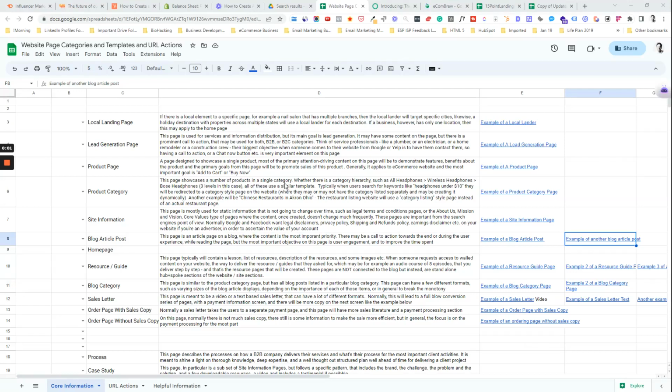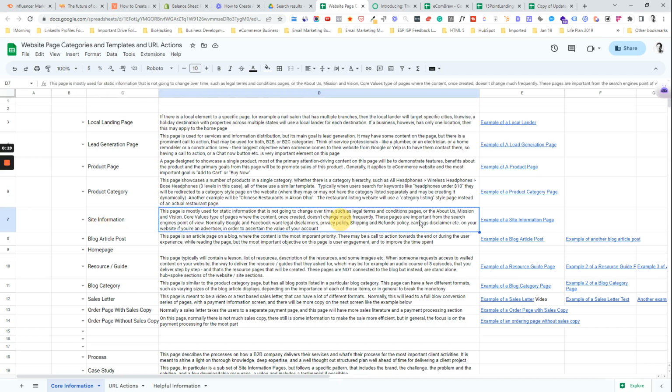So for any client website, there are a number of different types of pages that we produce. It could be a local landing page, which is specific to a geography. It could be a lead generation page designed primarily to generate leads, a product page, which describes a product, a product category page where there are multiple products listed like an e-commerce website, a site information page that could be legal, about us,